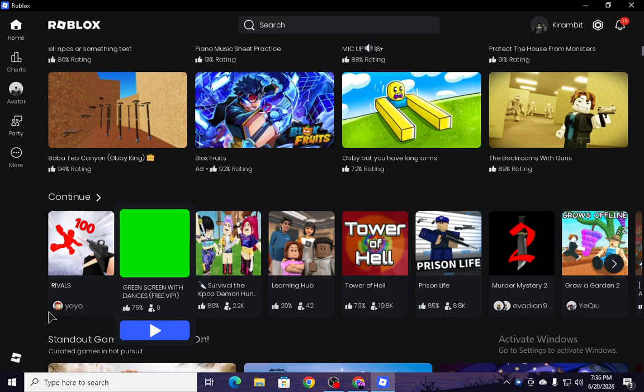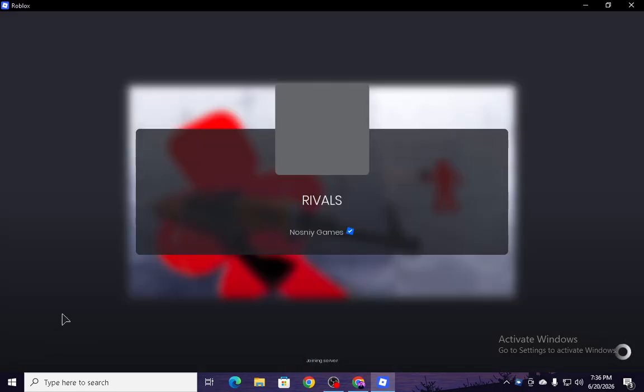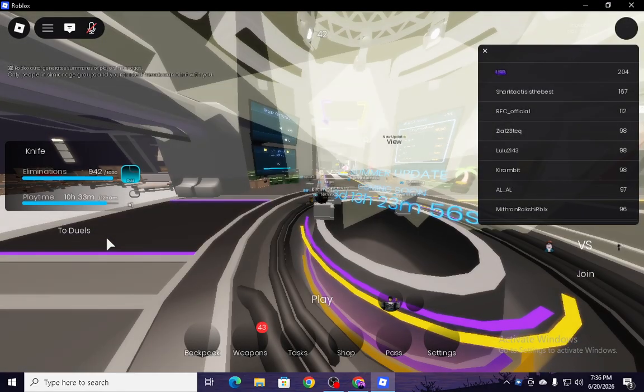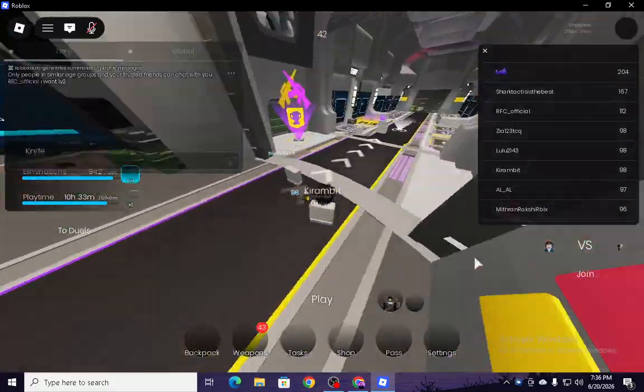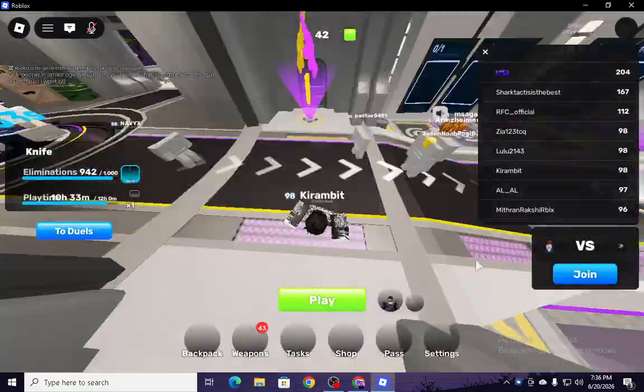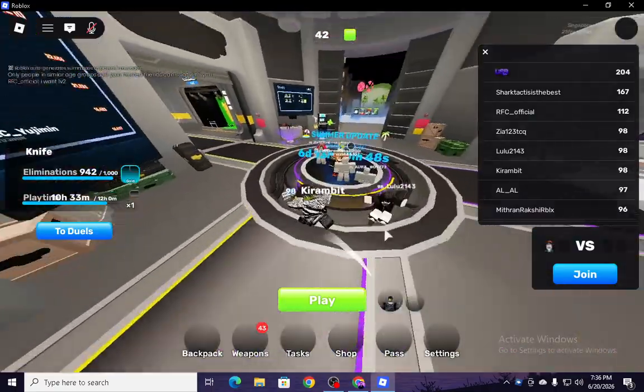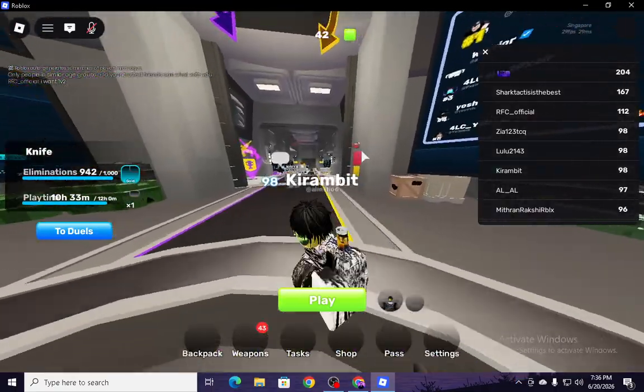Let's go to Rivals. Wait for it to load. This PC is slow. DDR3 and 8 GB RAM. What do you expect? Wait for it to load, guys.